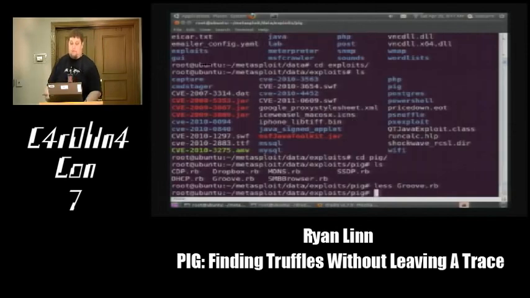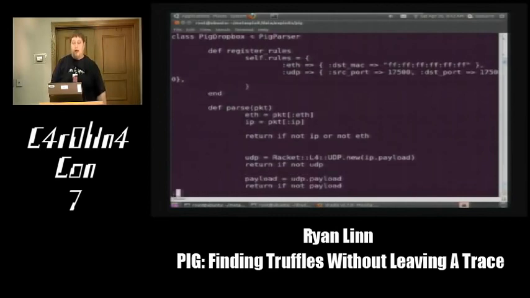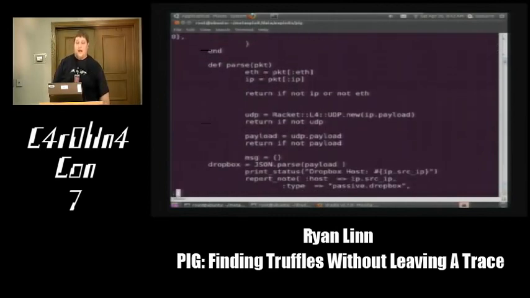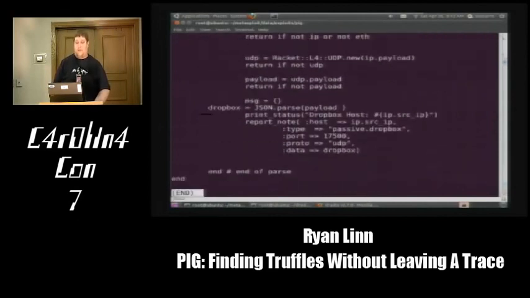So in order to build a new one of these, basically all you have to do is a register rules for whatever you're looking for and create a parse. The class has to start with the word pig, and the second portion is whatever the protocol is, and we have a pig parser class that has all of the helper functions for this already built. So you can just include that class and all of this code gets pretty simple. And all of this code is on my Subversion repository too. So it's easier just to copy and paste into a new one and start breaking this stuff apart.